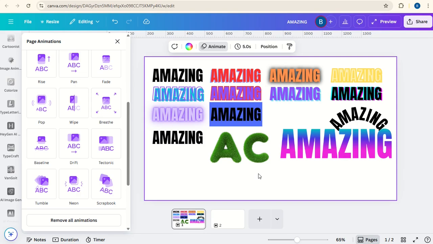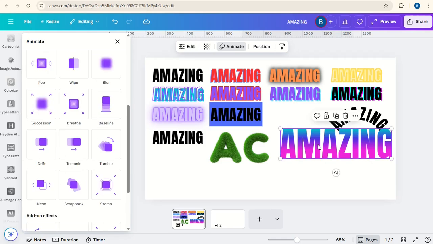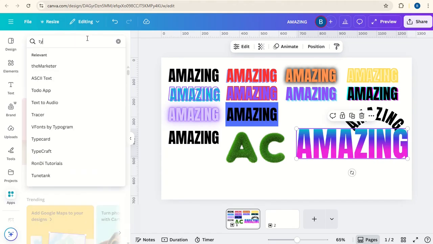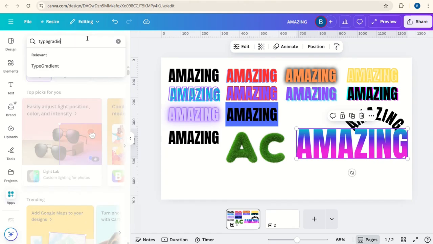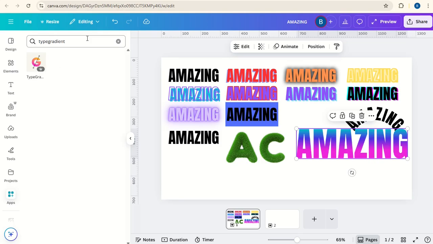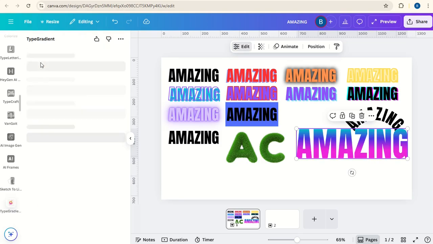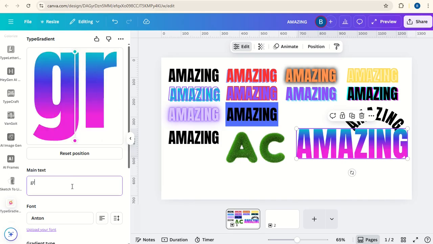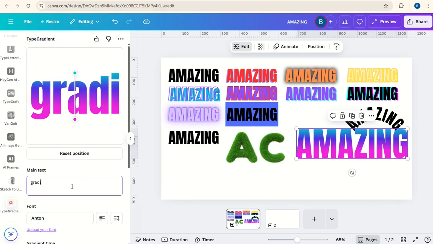Now we're going to look at some of the apps that are available to give text effects in Canva. So this one here is from an app called typography. So if you go over to the app section at the side of the screen and type in type gradient, this one comes up here, and then in this box down here you can change the writing. Let's just type in gradient for now,